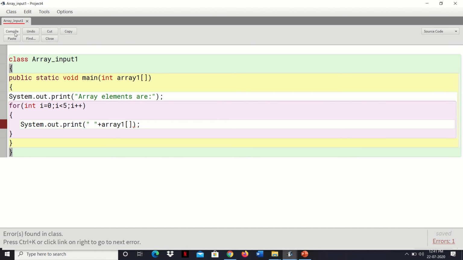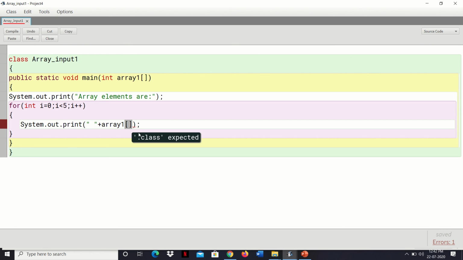Compile this. Some error is there. Let us debug it. What is the error over here? Let us check the error. Class expected. So array input you have taken here, public static void main. This is what our elements are. This is a loop over here, and this is the array.